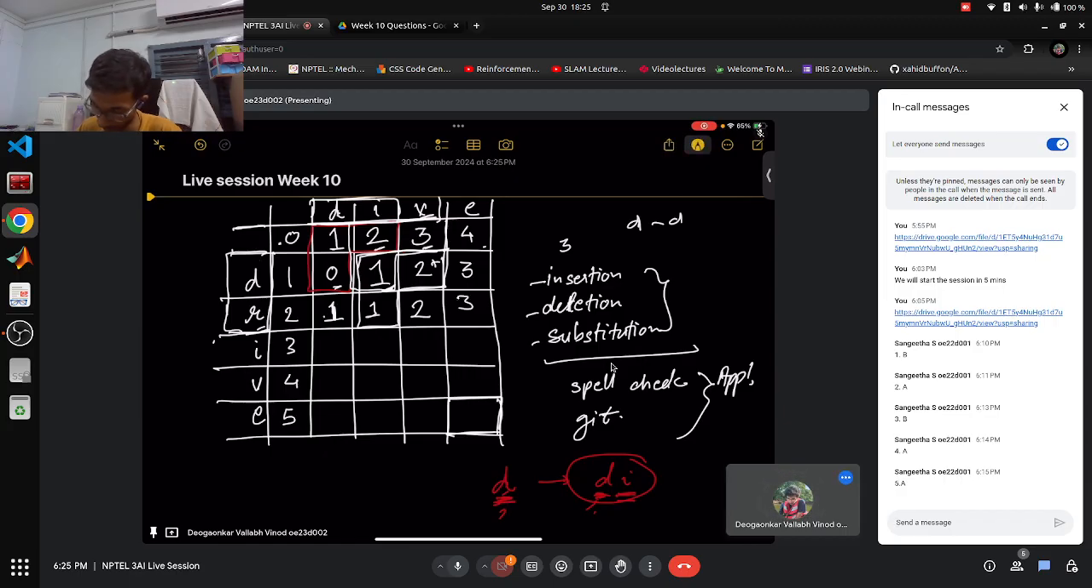And yeah, now the important part comes. If you have dri and just d, you still need 2 insertions, but if you have dri and di, now the last alphabet is the same. So if the last alphabet is the same, the algorithm suggests that you just copy the diagonal value into the next cell. What that essentially means is you just need 1 insertion of r to get from dri to di,